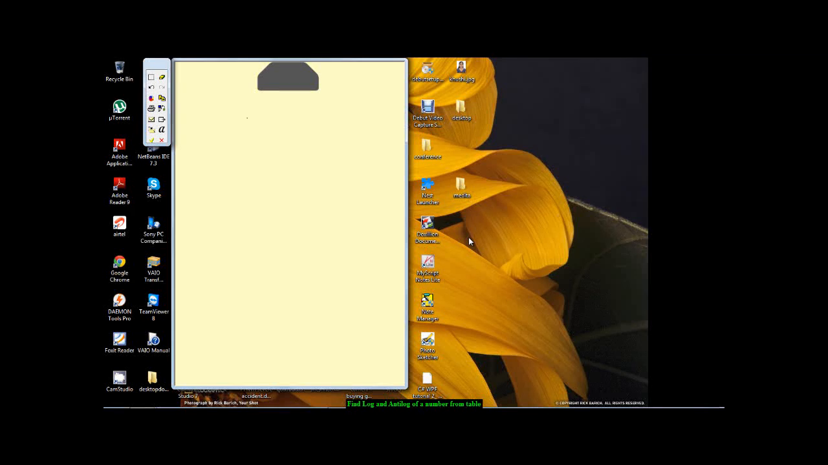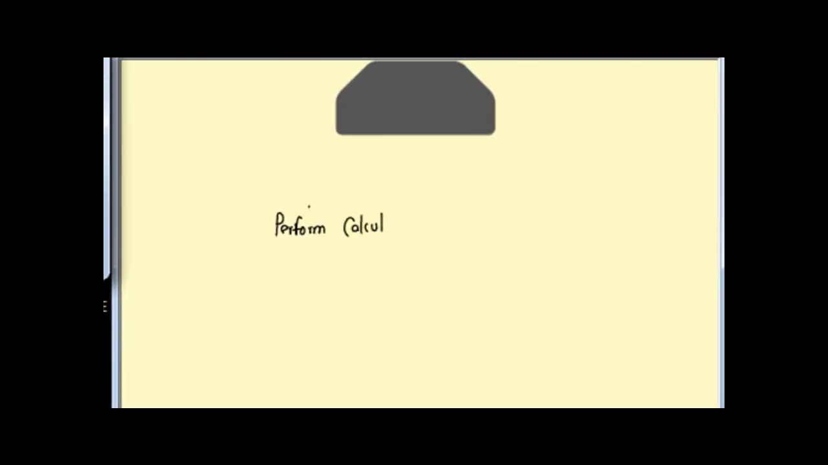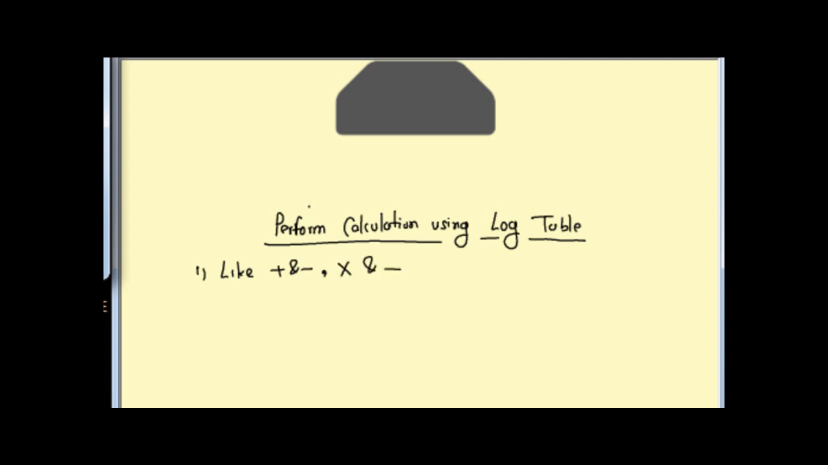Here we are going to learn how to perform calculations using log table. Before going ahead, we'll look at the basics, so it will be easy. First important thing that you have to remember is plus and minus, multiply and divide,